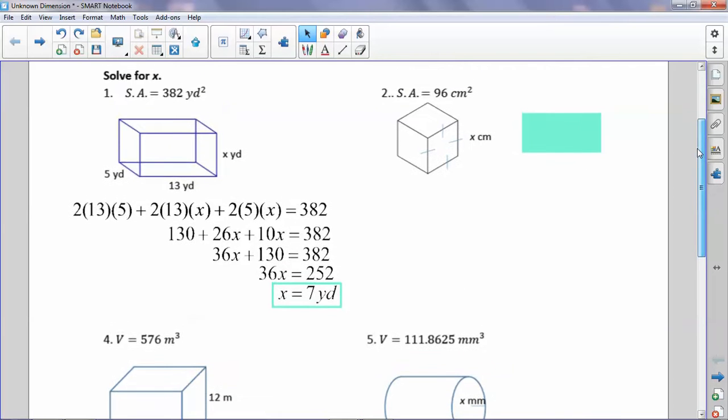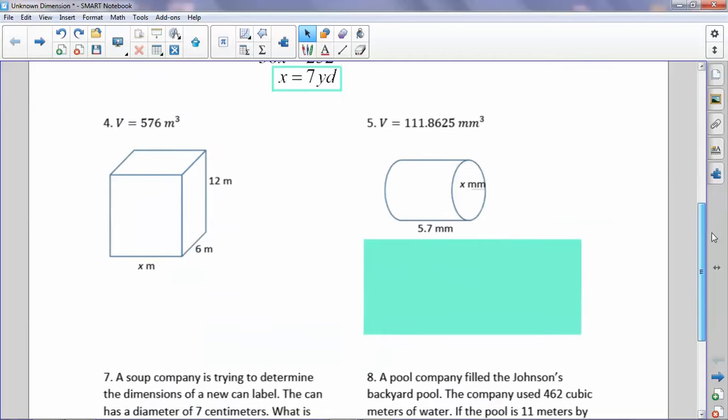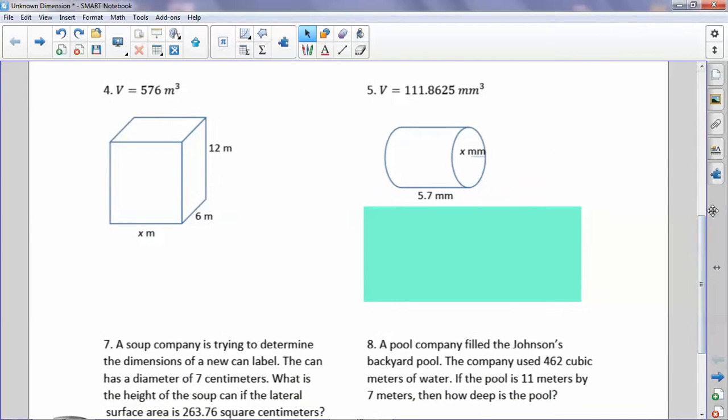So that was our first example. Now let's go ahead and do example 5, a different shape. With example 5, we have a cylinder with a height of 5.7 millimeters and an unknown radius. We know that the volume here is 111.8625 millimeters cubed. Using the formula of pi times radius squared times the height, we can set that equal to